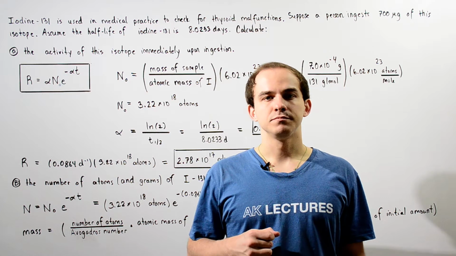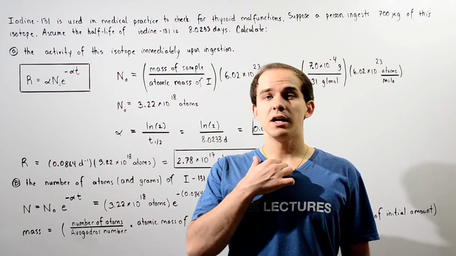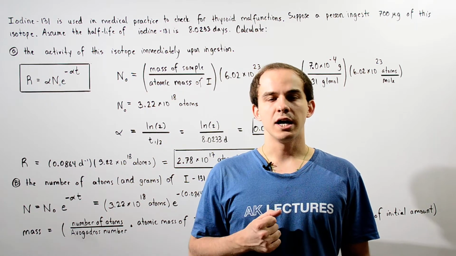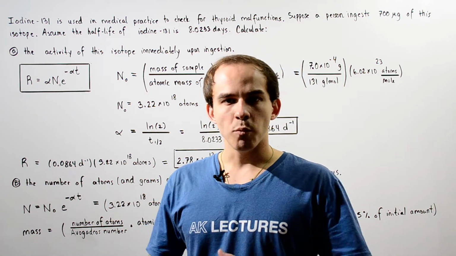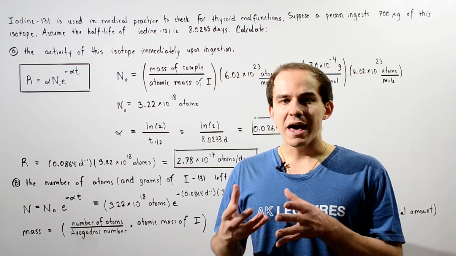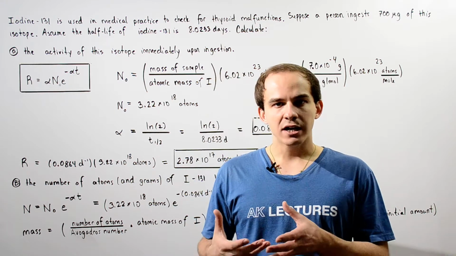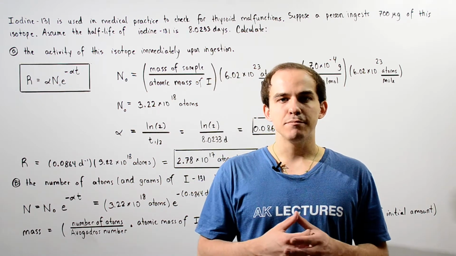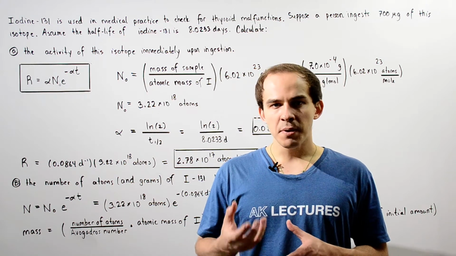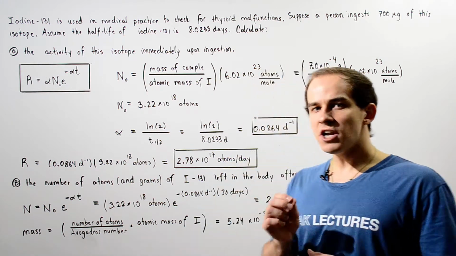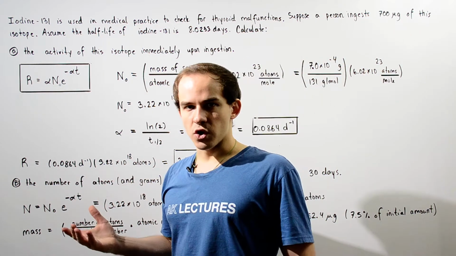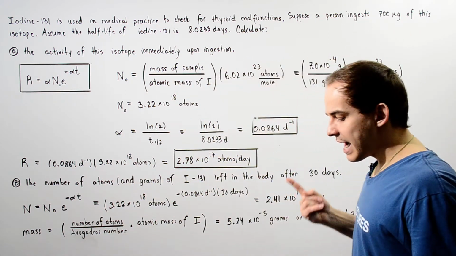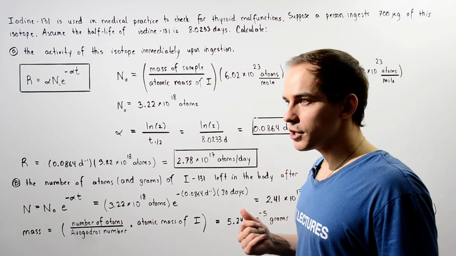Let's examine iodine-131. The iodine-131 isotope is commonly used in medical practice to check for thyroid diseases and malfunctions. Suppose a patient ingests 700 micrograms of this iodine isotope. Assuming that the half-life of iodine-131 is